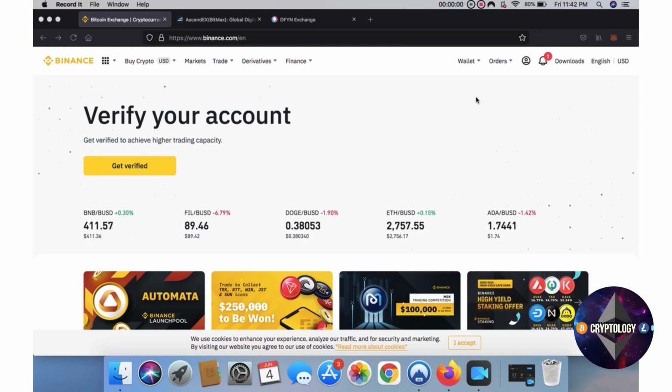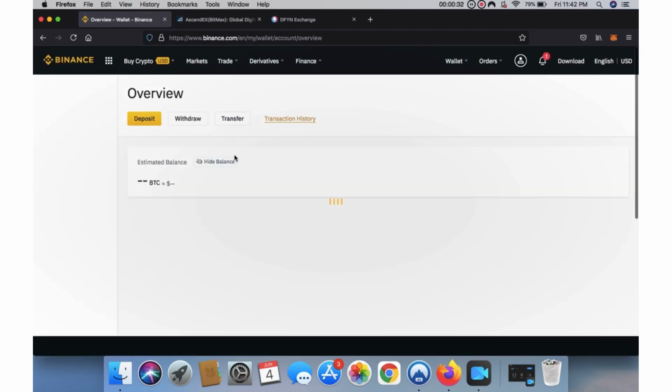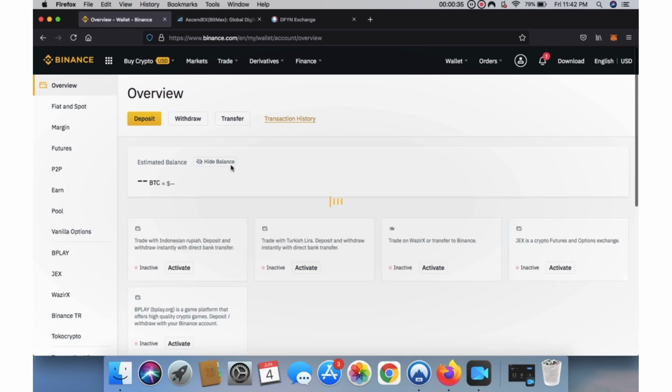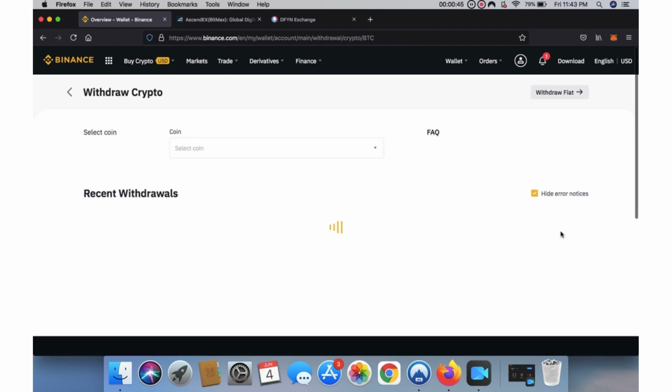In today's episode, we're going to show you how to transfer crypto from Binance to DFYN Network for practically free. First of all, you're going to go to your Binance wallet, click Overview, and you're going to click on your USDT, click Withdrawal,